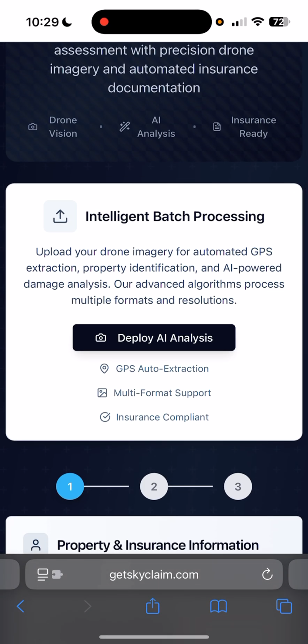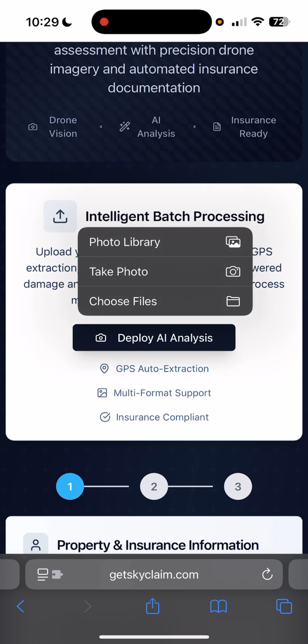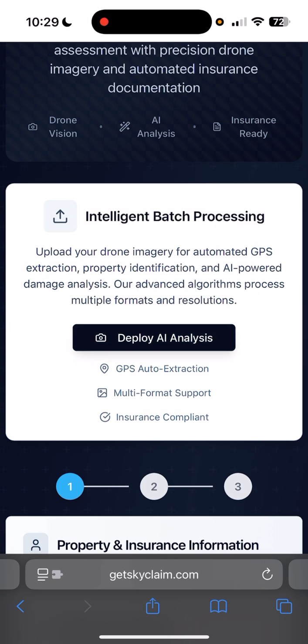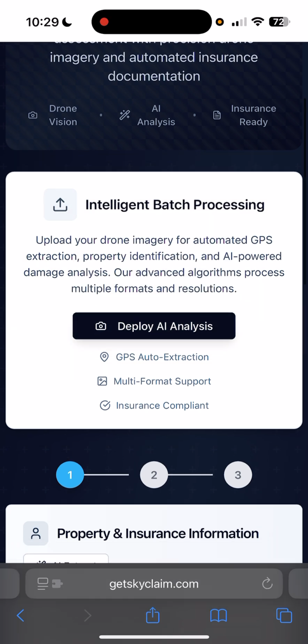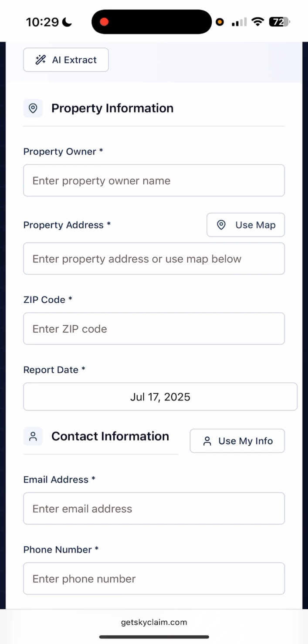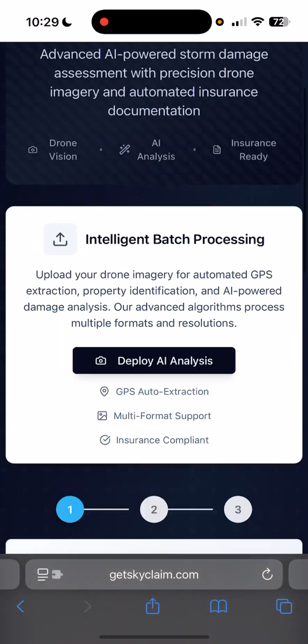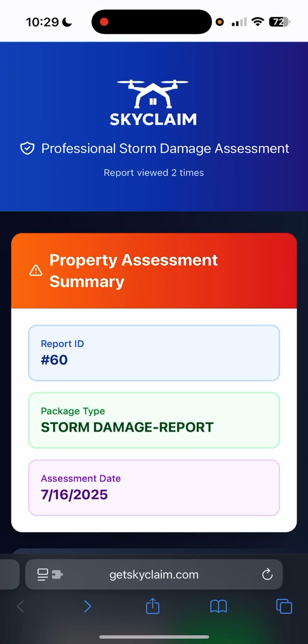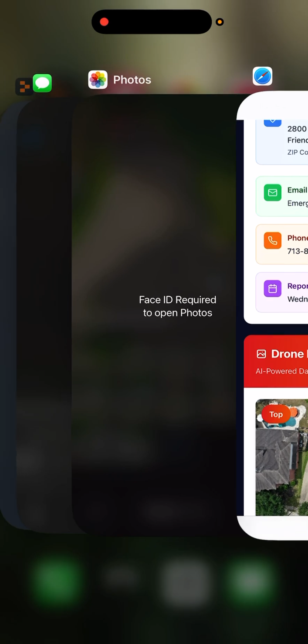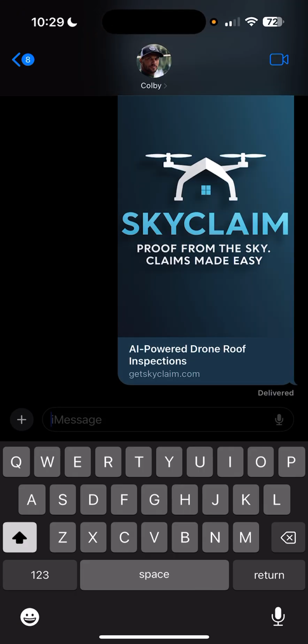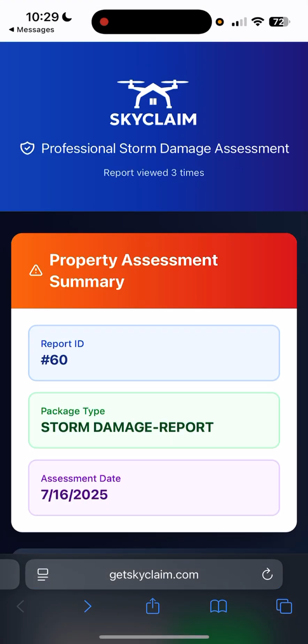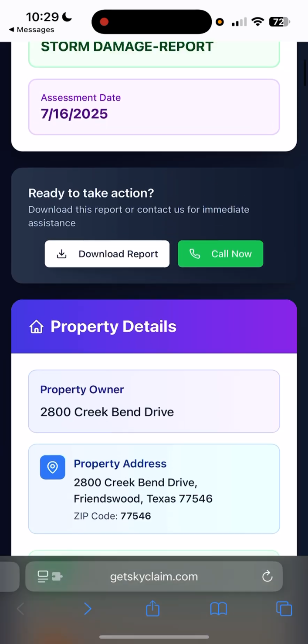Or I can do the easy part and just come up here and upload the drone images directly from my drone, and it gets the geotags, automatically gets the address and fills it all out right here. And then after it does that, I can go use AI to analyze it, and it creates this report right here, which is shareable. So if you click it, it opens up the report, and it's gonna have a way